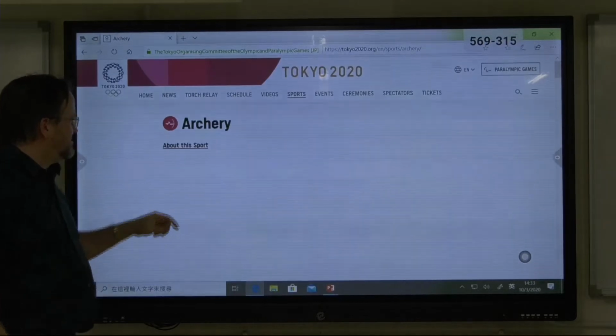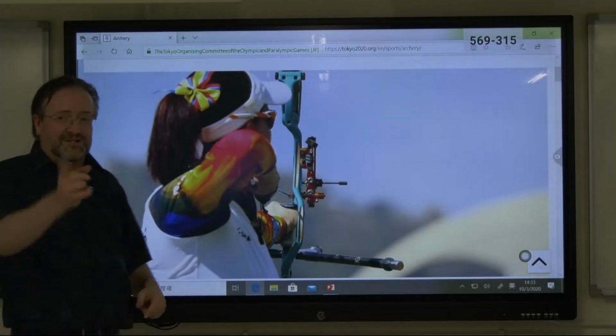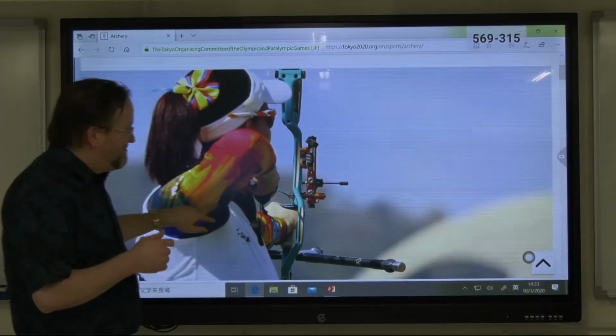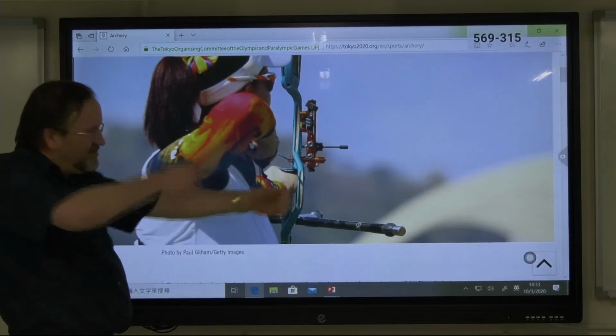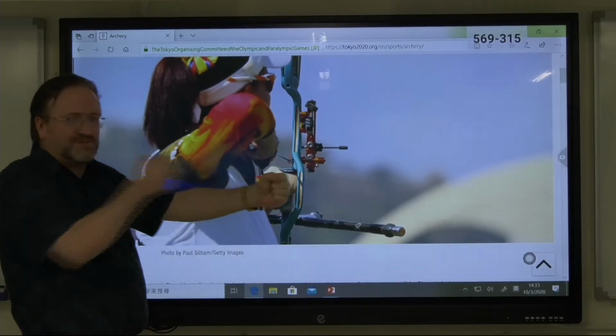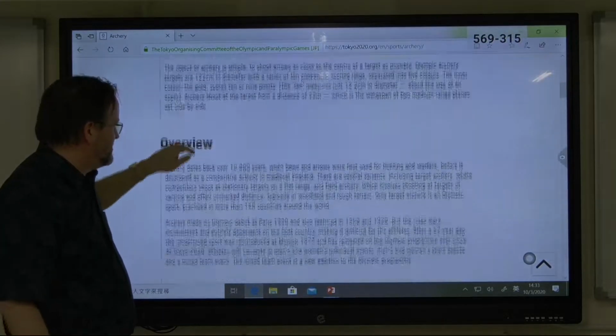We'll go through archery. It's the same thing. So archery, this is really good. You should try this. I did this when I was a kid. I wasn't very good at it, but it's a lot of fun. You really have to be strong to hold this. It looks easier than it is. You don't just pull it back. You've got to really hold on. You have to be pretty strong for archery.